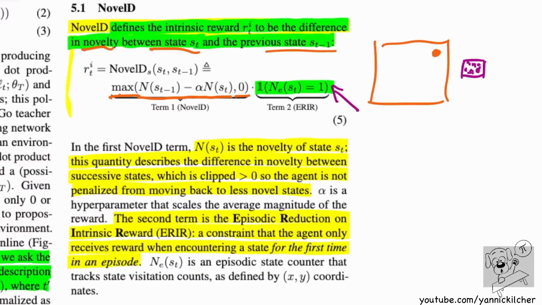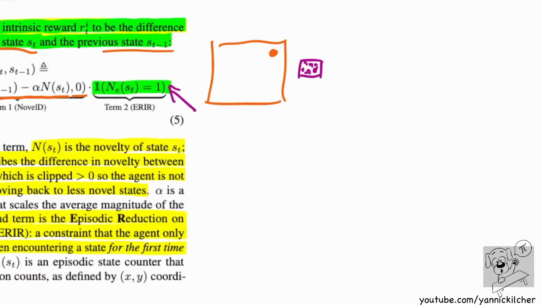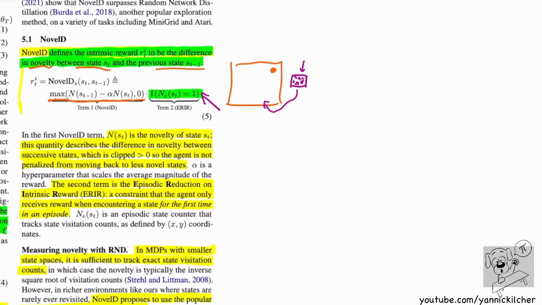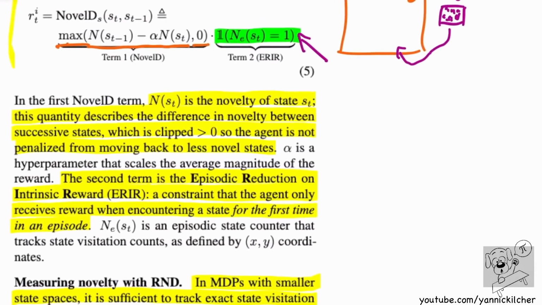And this prevents it, because whatever you call novelty, if you call a TV with static novel, it's essentially a random signal, so it's super duper novel. However, you wouldn't get a reward for consecutively looking at the TV, because you would already be in an equally novel state, going to a new novel state, and that will give you no reward at all. So you're encouraged actually to go away from the TV, go somewhere else where you can transition from a low novelty to a high novelty state. All right, so